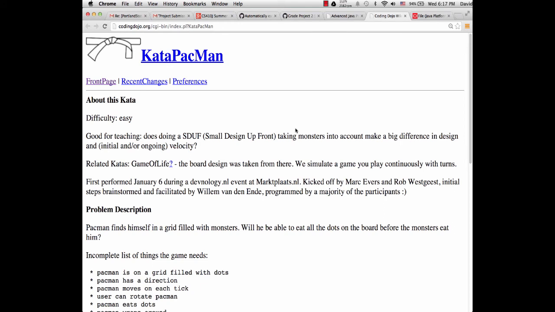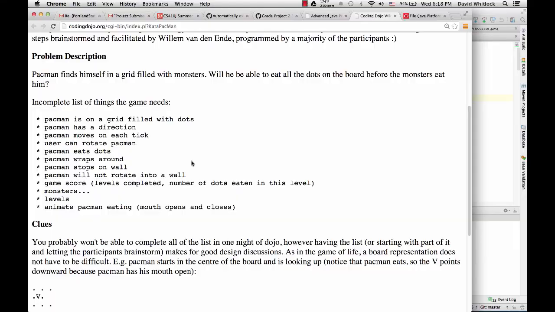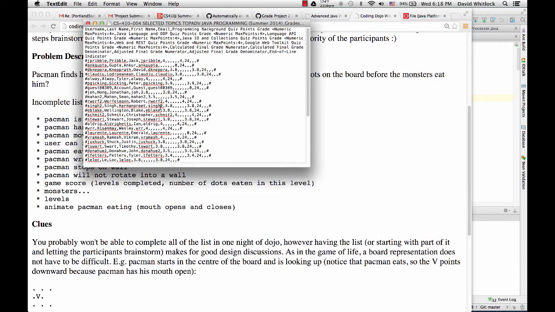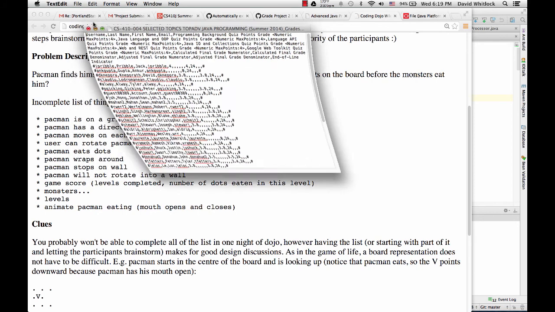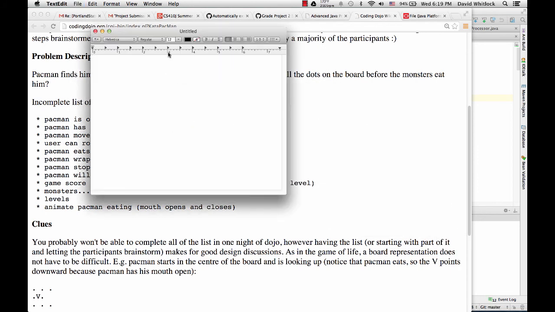Okay, so let's take a moment and read over the kata. So I'll pause the recording while we're doing that. That's lame. Yeah, someone's gonna bring up text it. Let's say, oh, don't take a look at everybody's grades. And there we go.